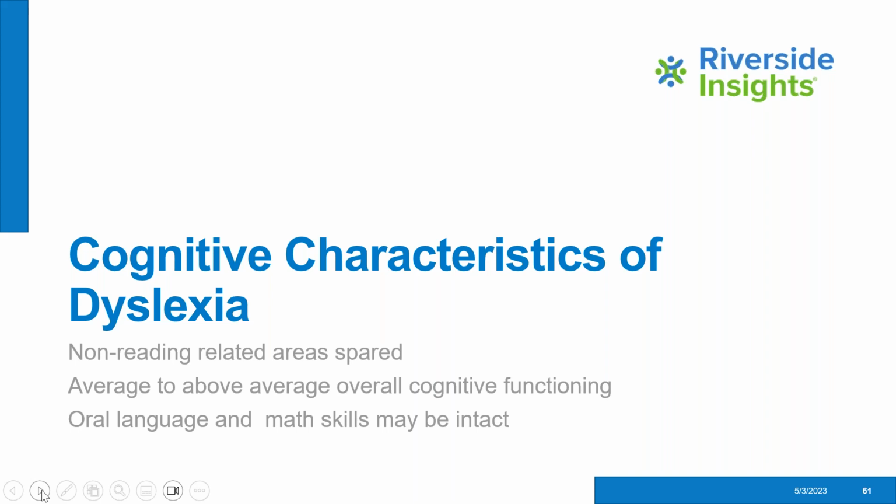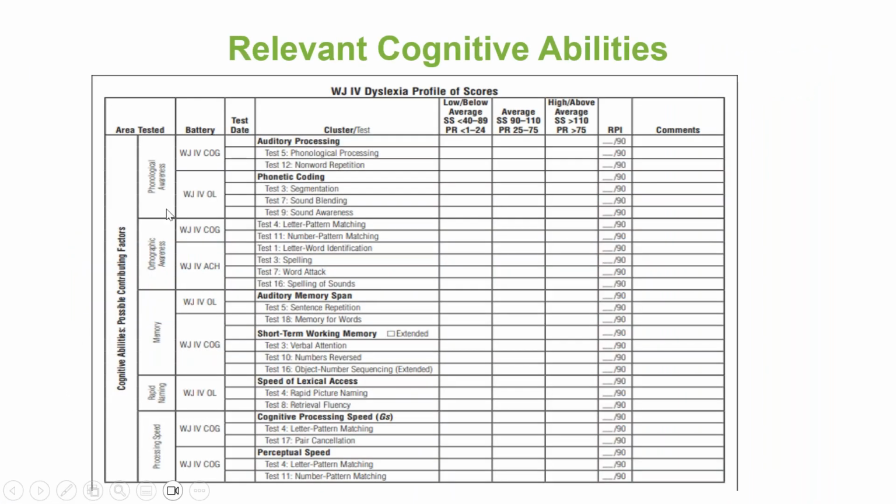You know, average to above average overall intelligence or overall cognitive functioning. Oral language and math skills may be intact. So again, we have in the profile scores, it has a list of those cognitive abilities, might be possible contributing factors,